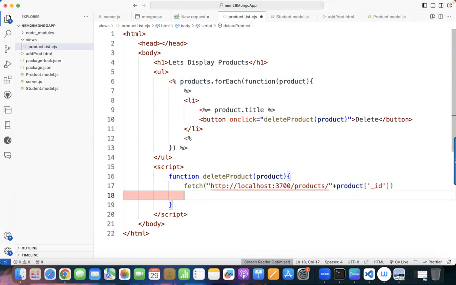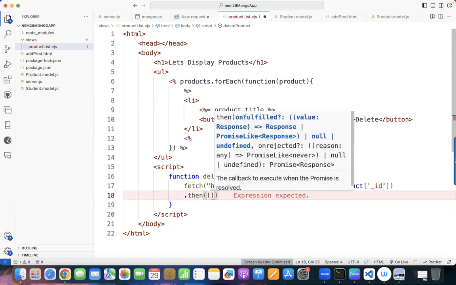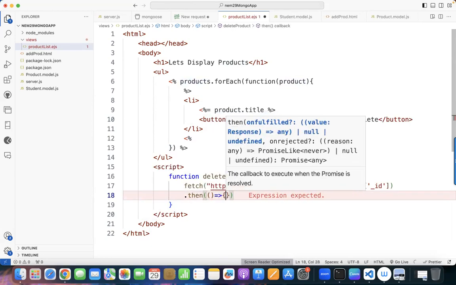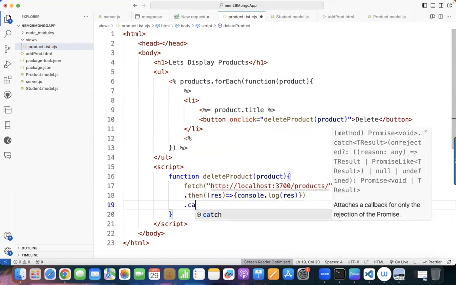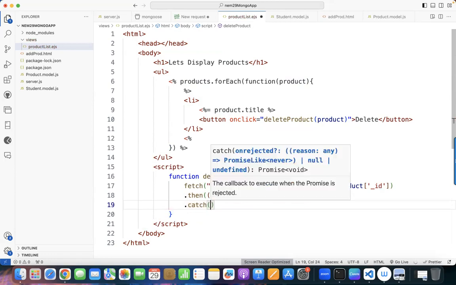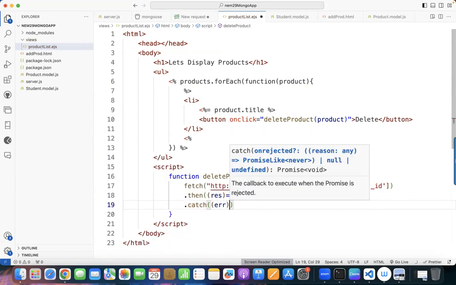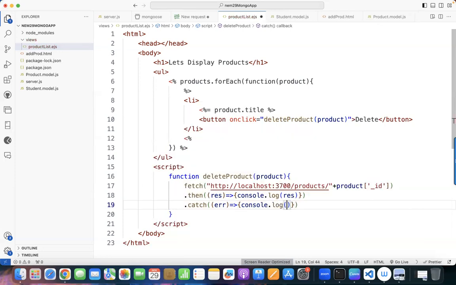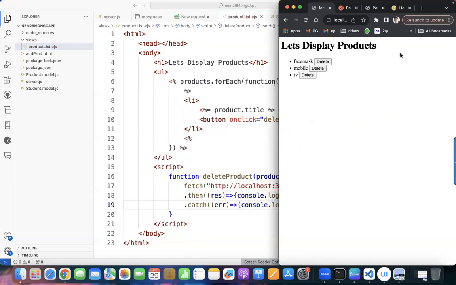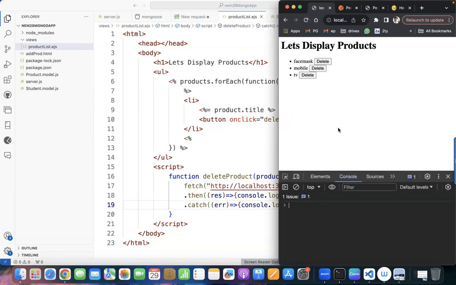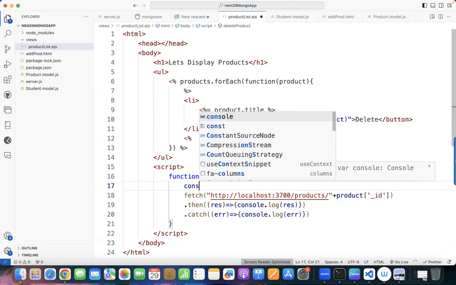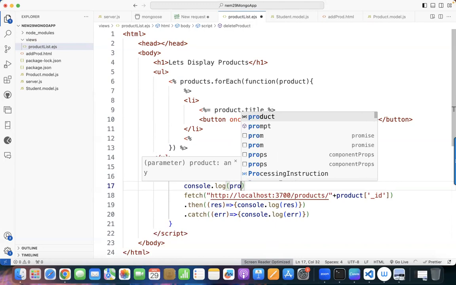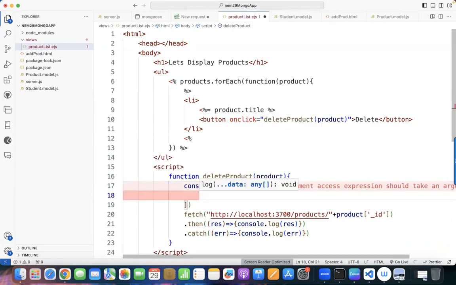Okay. So now when I refresh this page, you can see some beautiful things over here. This delete product will be called, I will console.log of product and of